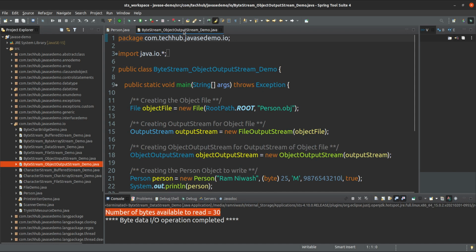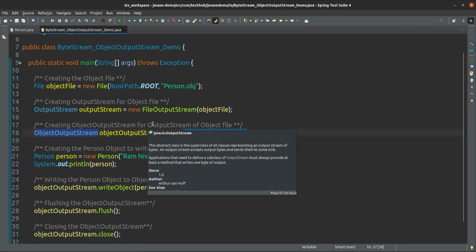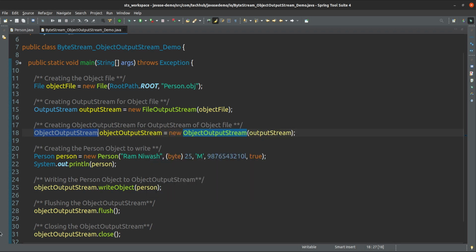What is the use of object output stream? Object output stream can be used to write the state of a Java object into an output stream, or we can say into some resource. So this is the use of input stream and output stream.